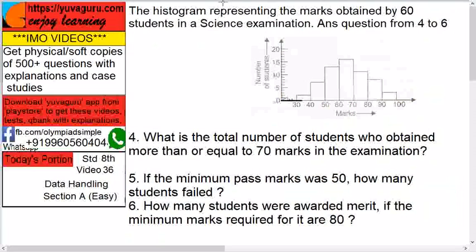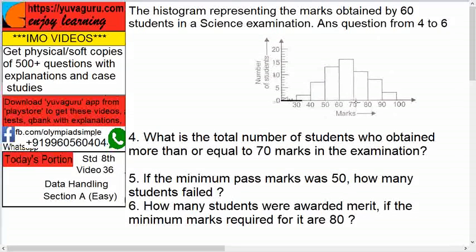Okay. The histogram representing the marks obtained by 60 students in a science exam. Means this is a histogram. It shows marks obtained in science exam. Answer the questions from 4 to 6. Okay. Quite easy ones. What is the total number of students who obtained more than or equal to 70 marks